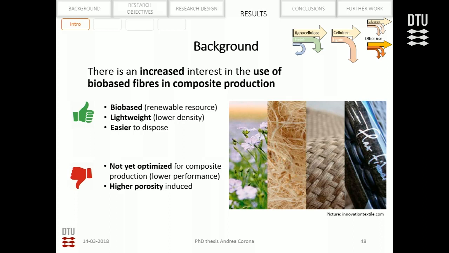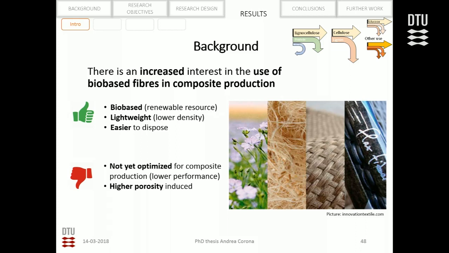they are quite problematic at the production and disposal stages. So the composite industry has tried to use natural fibers in order to reduce the impact on these two stages of the life cycle. What are the reasons for that? First of all, natural fibers are a bio-based source, so they are renewable. They are also lightweight. They have a lower density compared to glass fiber, and also they are easier